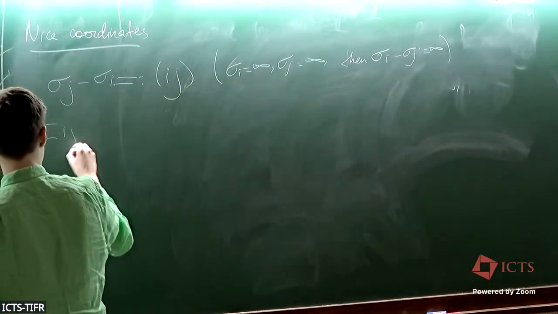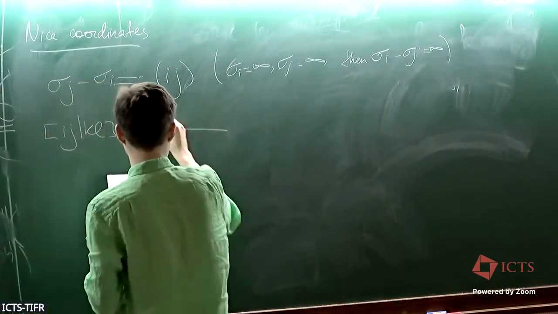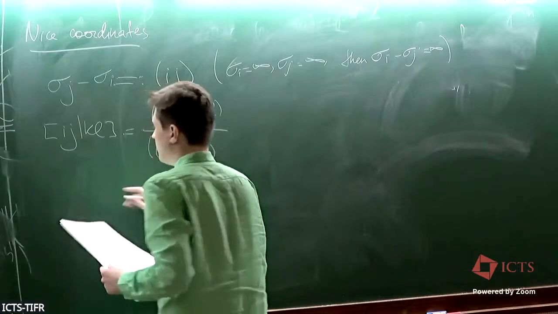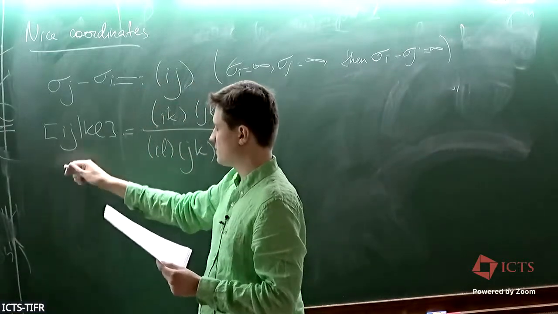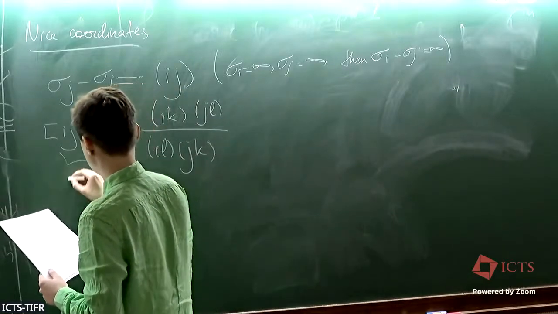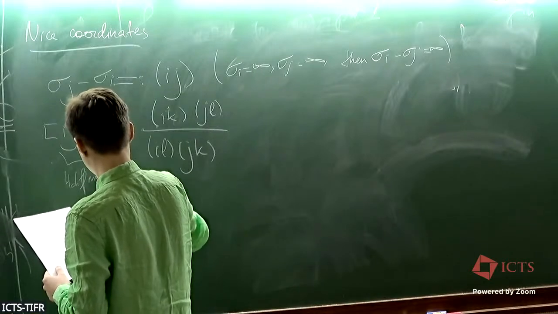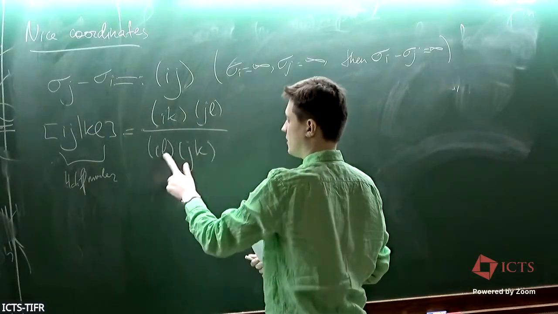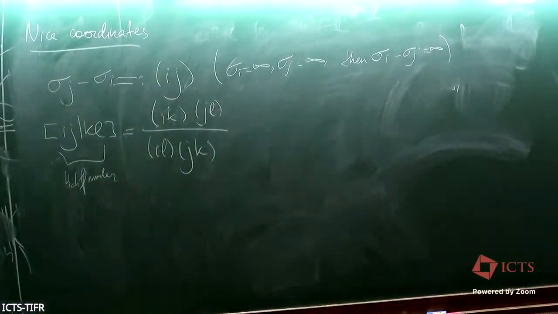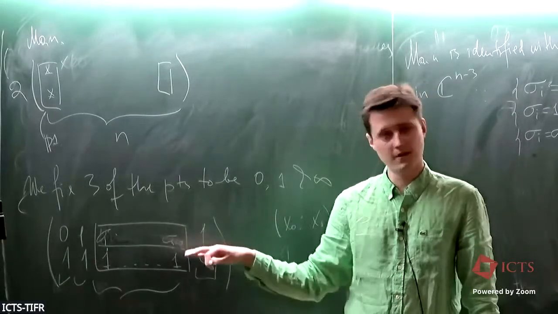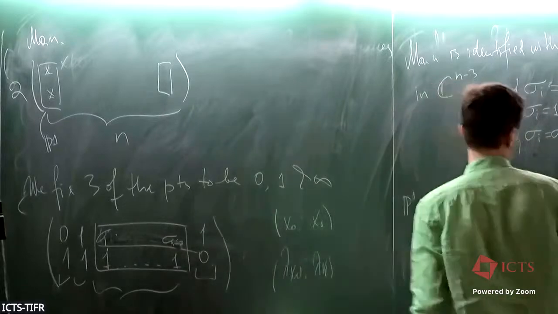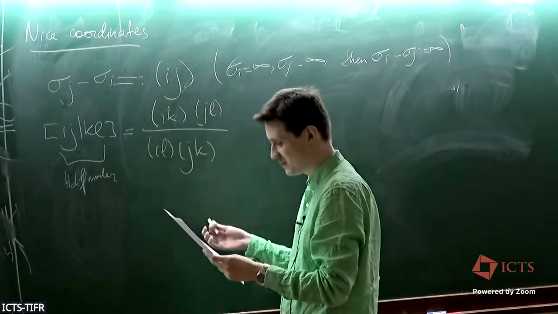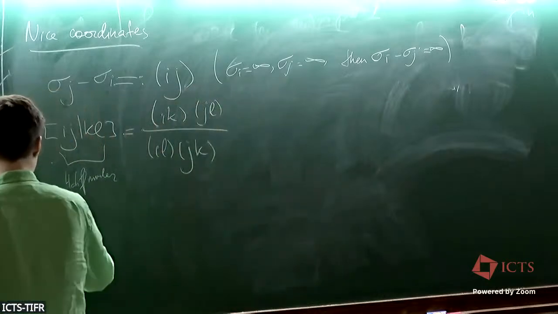Then we will introduce something called the cross ratio. This is just defined by this funny formula. Here we have 4 different numbers: i, j, k, and l are pairwise different. They're ordered and they define this cross ratio. We have this bracket, this difference of sigmas, for ik, for jl, for il, and for jk. So again, we come back to this original parameterization where we represent our configuration by a matrix with n-3 free entries. We take those n-3 free entries, we cook up new functions, and then we cook up new functions from those new functions. In the end, this is supposed to give you a nice description. And then the dihedral coordinates on M0n